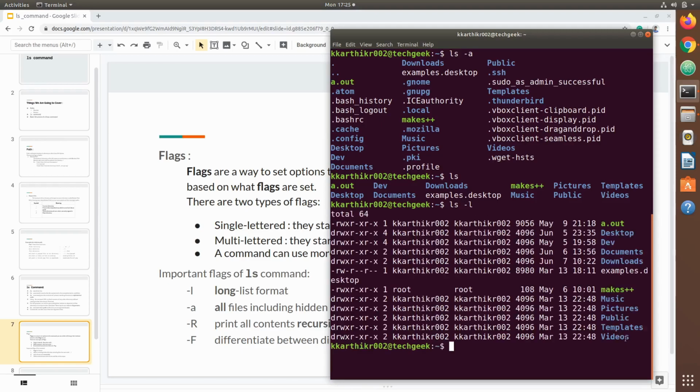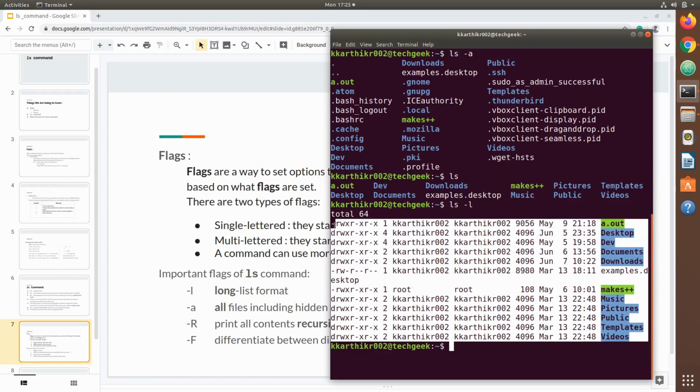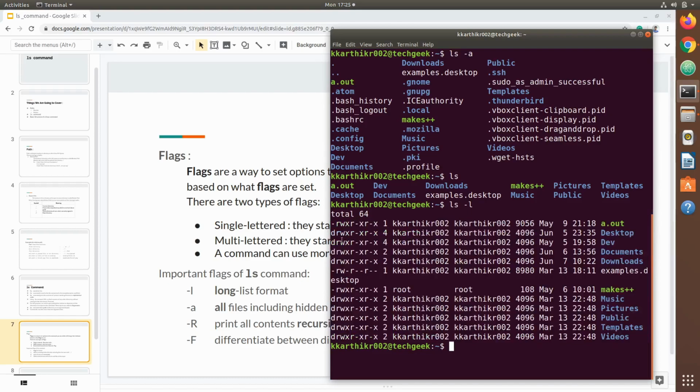Let's go ahead and run the l flag with ls. See, it gave all the information regarding the files or directories. If you see here, the contents that start with a hyphen are files and the contents that start with d are directories.